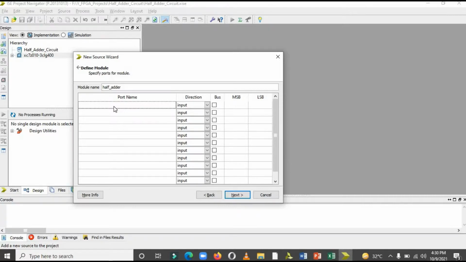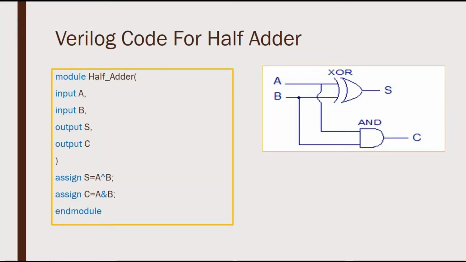Either you can define here, or output and output sum carry. As we discussed earlier, our half adder circuit is basically this. We have 2 inputs and 2 outputs. 2 inputs, you can type any name here, A, B, C, D, E, F, G, any, and our 2 outputs, sum and carry.